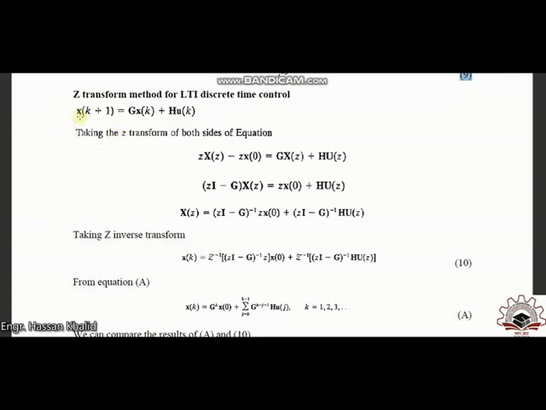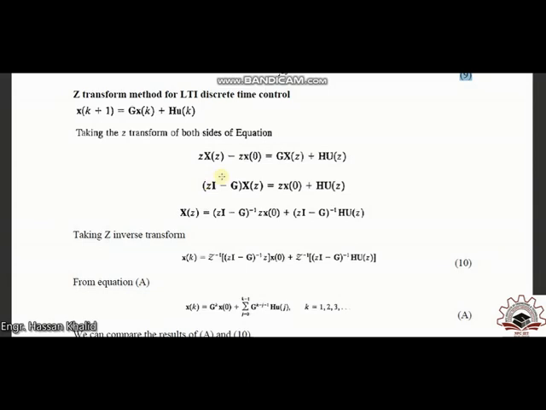If you apply the z transform on both sides, x of k plus 1, what will happen? It's a time shifting property of the z transform. It will be z into x of z, with the initial condition, minus z x of 0. Similarly, G x of k will be transformed into G x of z, and H u of k will be transformed into H u of z. Alright, so now we are doing the simplification,